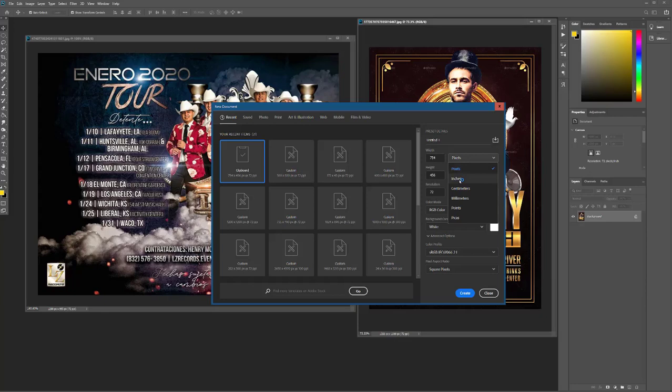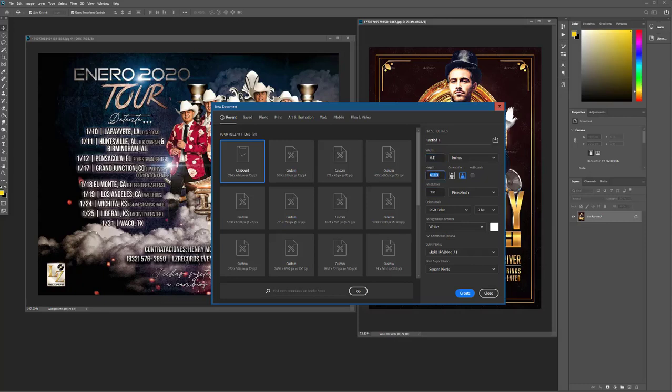Now, typically when we're doing flyers, we print them up and pass them out to people's cars and in stores and things like that. So traditionally we would do the inches and the resolution would be 300 so that we can print them up and we don't lose resolution. Now, if you don't understand what that is, I'll try to explain it briefly. Hopefully you already know, and I don't have to get into a lot of detail, but if you don't know,